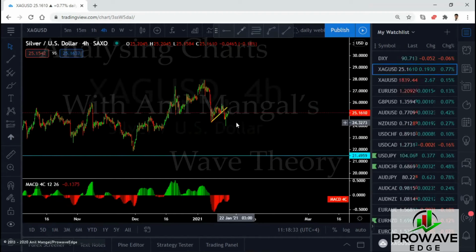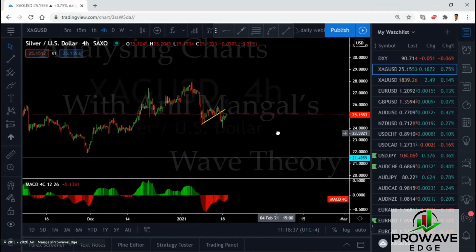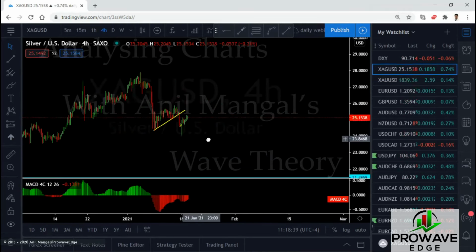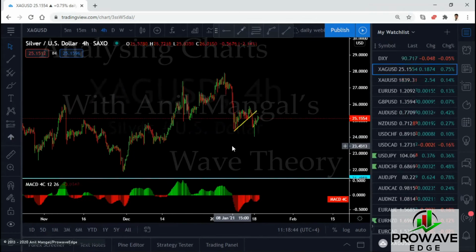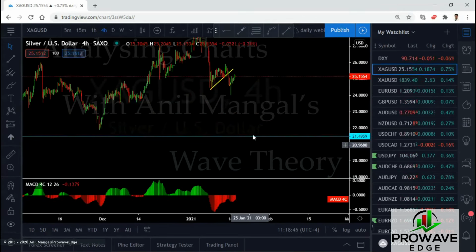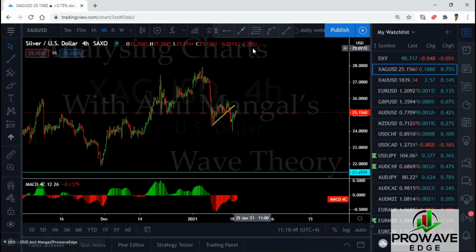And these are setups for the day. These are not long-term trades. These are trades we will take within the day and close within the day. So if we get a setup for a buy, we'll take it. If we get a setup for a sell, we'll take it. Those are short-term trades. The longer-term forecast is still coming down. Even if it goes up, the longer-term forecast is still coming down.